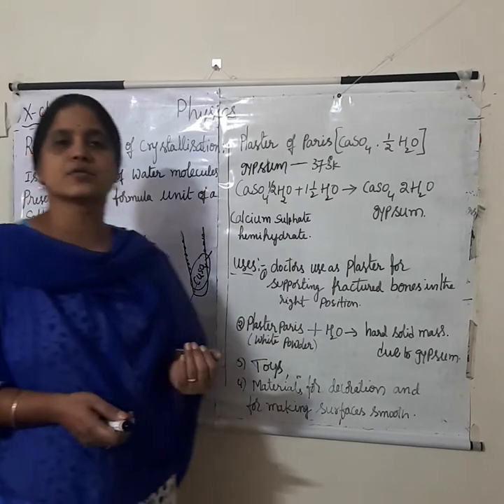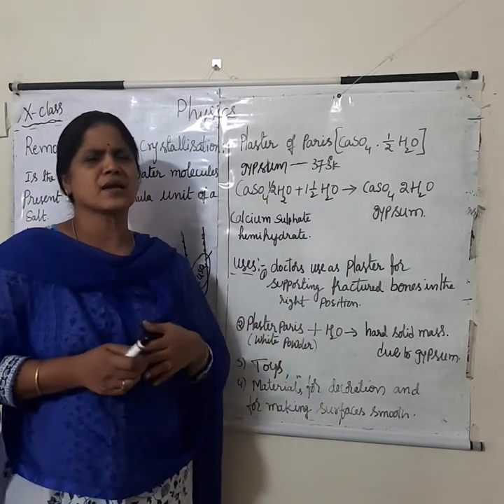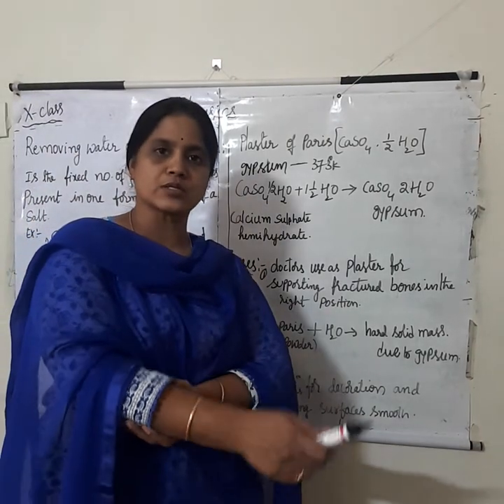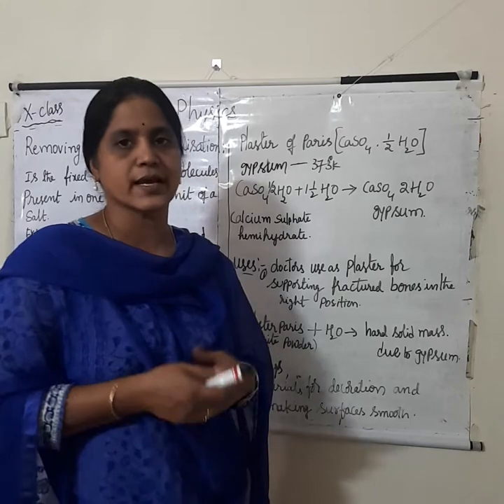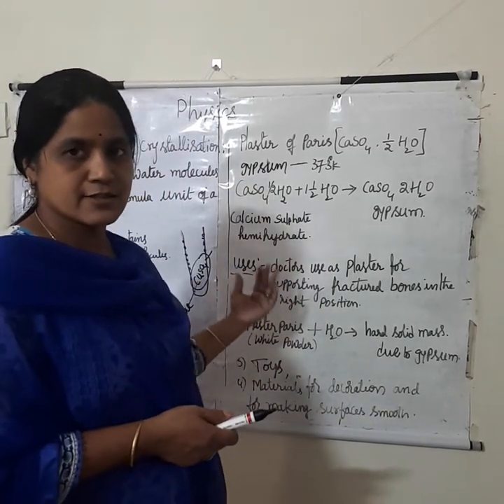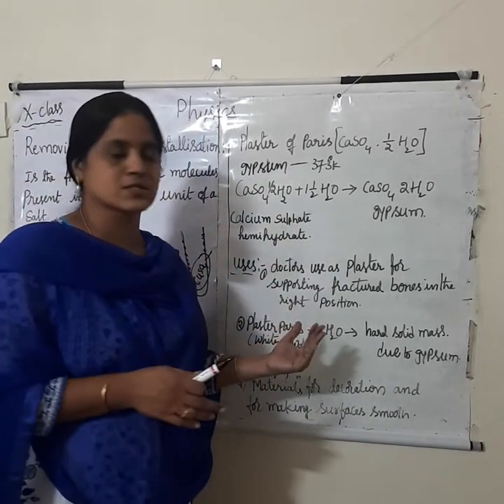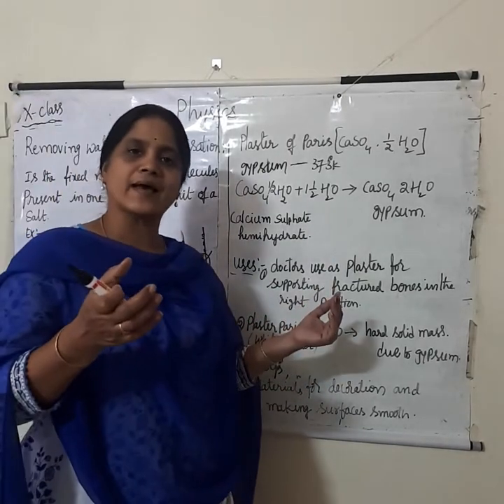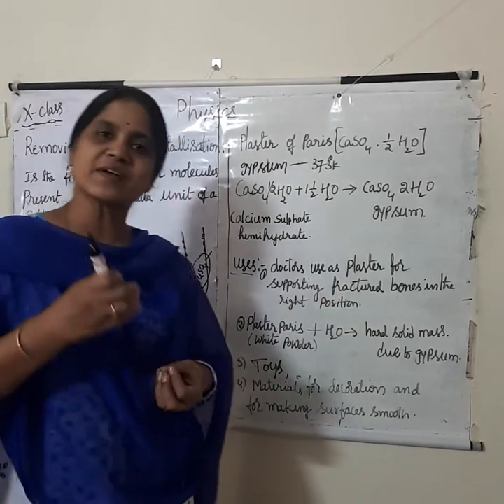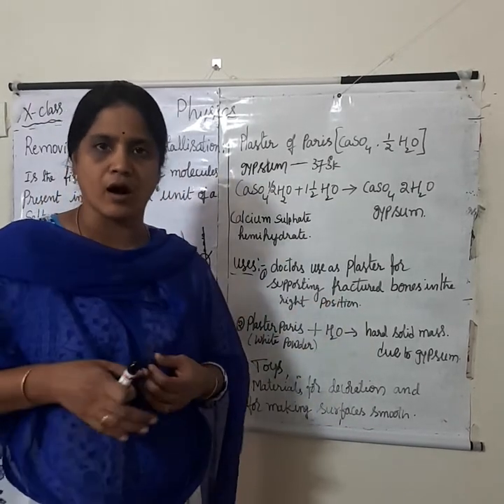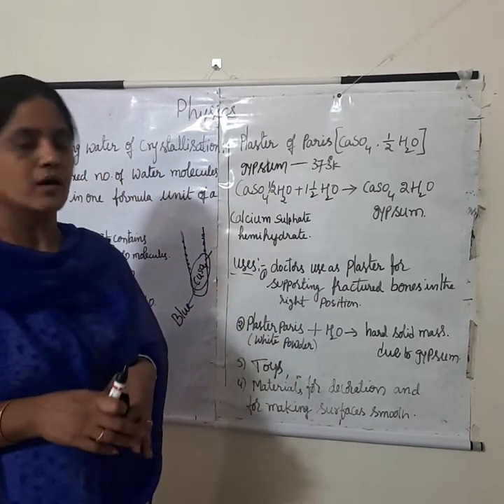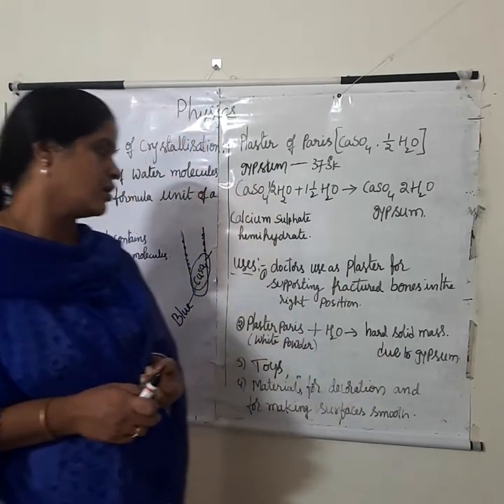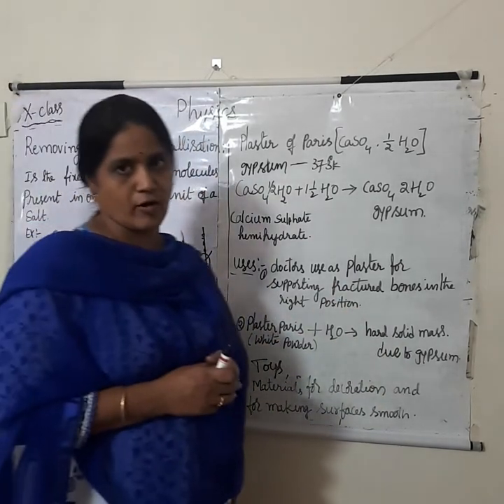And what are the uses of plaster of Paris? Mainly, doctors use plaster of Paris for fractures of bones: hand fractures, leg fractures, any fractures. It is used to set the bones. Plaster of Paris is a white powder. When it is mixed with water, it becomes very hard. This hard solid mass is used in the preparation of toys,